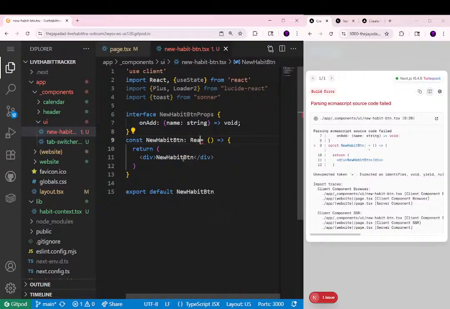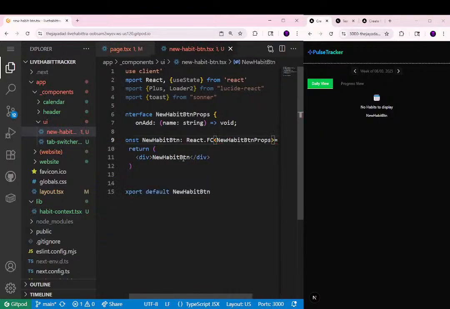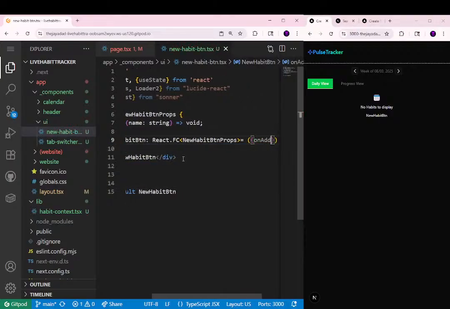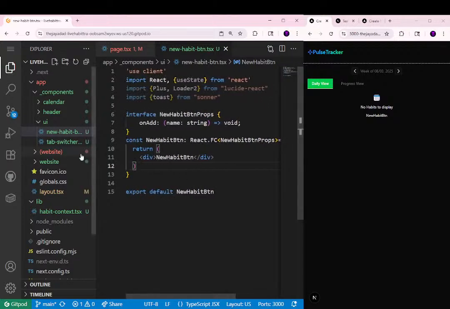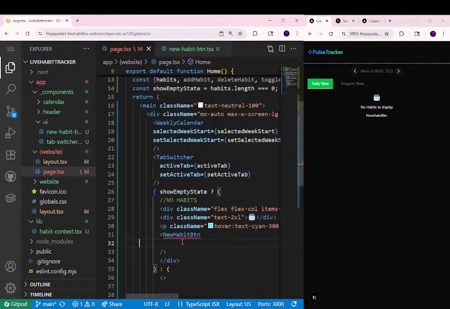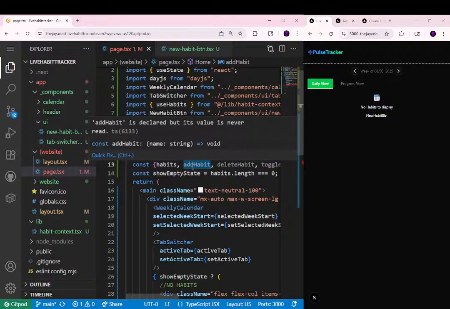We'll go React.FC, NewHabitBtnProps, and close it up. And then inside of this, we'll just pass in onAdd. And of course, it's yelling at us right now because it's expecting a prop and we haven't passed anything into it. And like I said, this is actually going to be just coming from the local storage function that we created earlier. So all we'll need to do is just pass in the